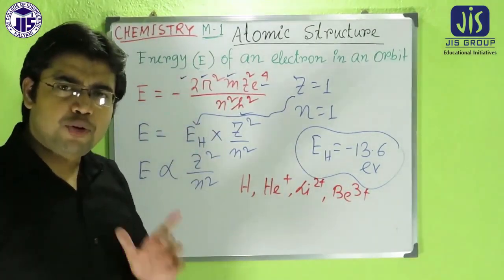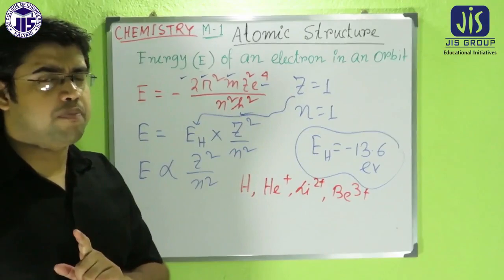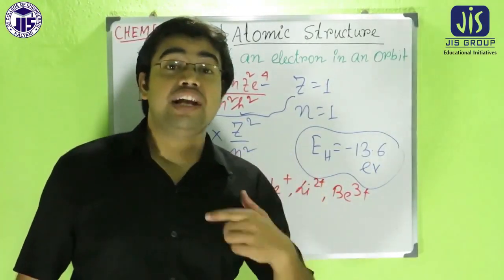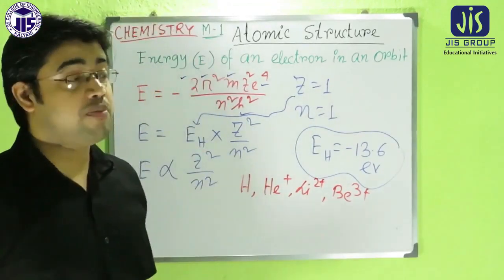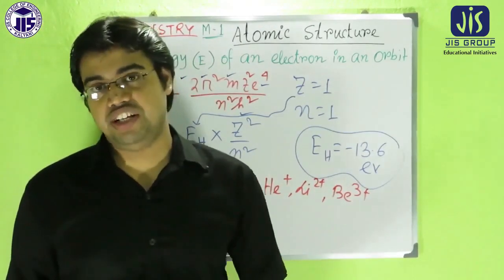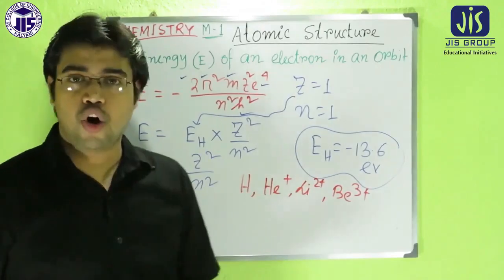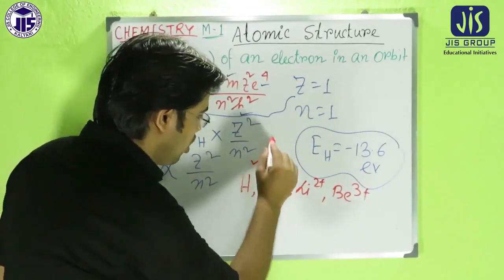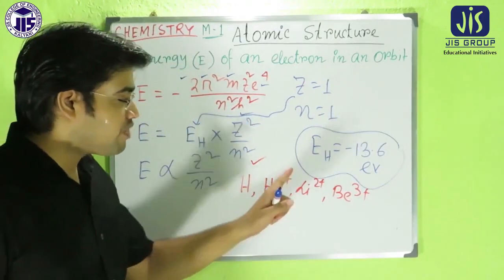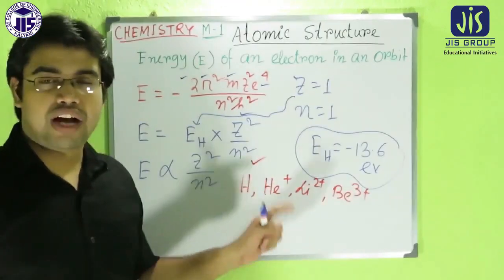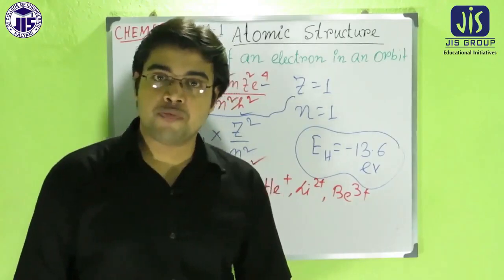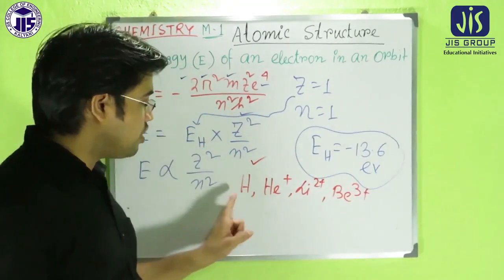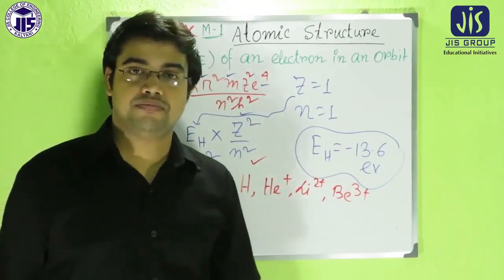Okay, so students, what you have to do is pause the video here and solve the problem, then you will see the next part. Otherwise there will be no scope for practice in your case. So it's my request to all of my students that please pause the video here and try to solve what will be the order, either increasing or decreasing, of the energy of the first Bohr orbit for those 4 cases.